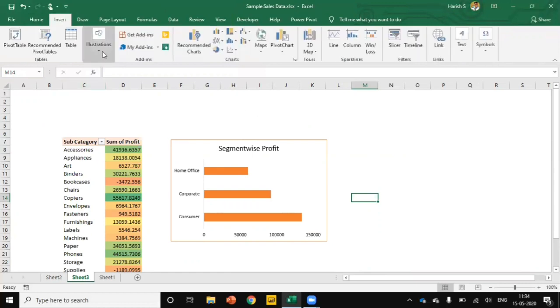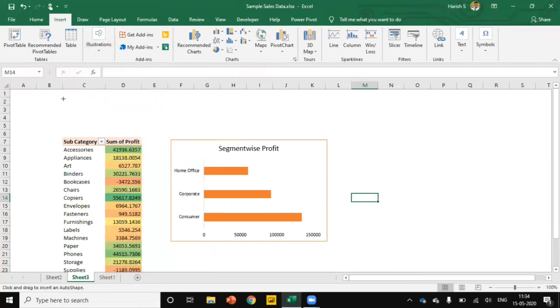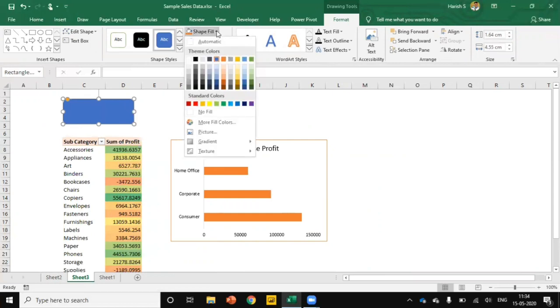Now go to the Insert tab, create a shape. I'm taking this rectangle shape. Under the fill, just choose a light color.